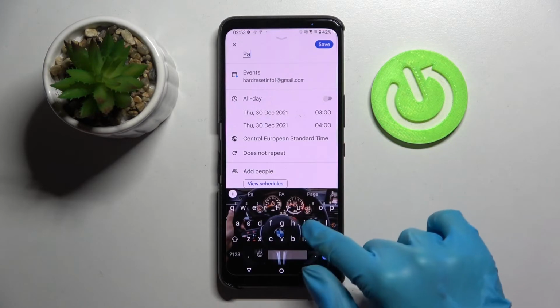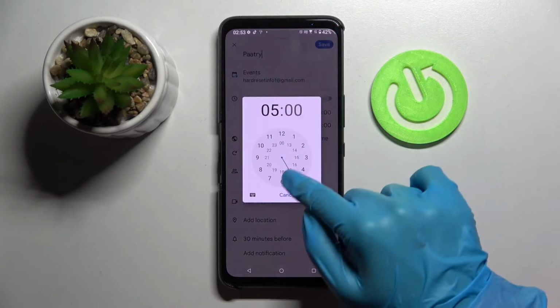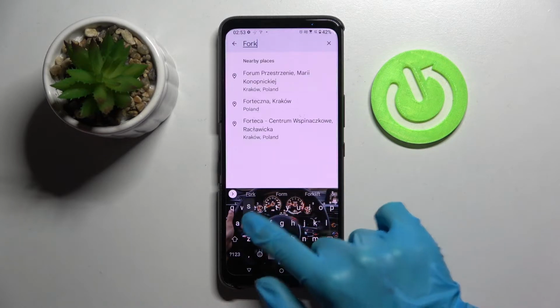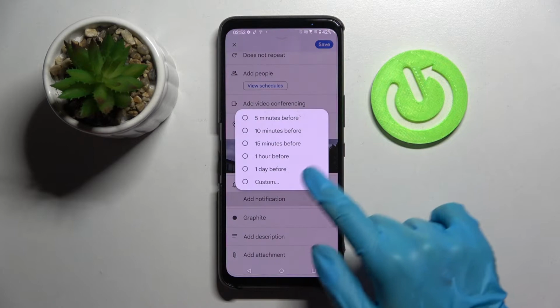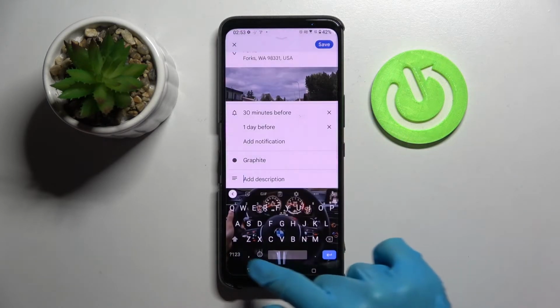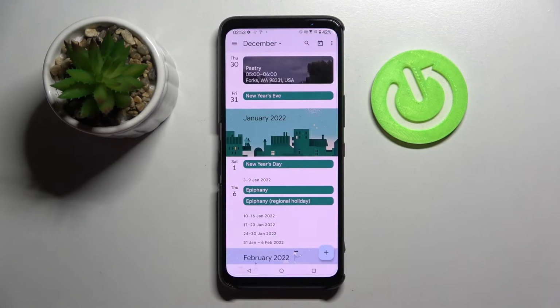For example, you can add a title, pick starting or ending hour over here, choose location, click on the correct one, change color, set up notifications minutes, hours or weeks before, and even add attachments or take notes. When you're ready, choose save at the top right corner, and as you can see, my event was